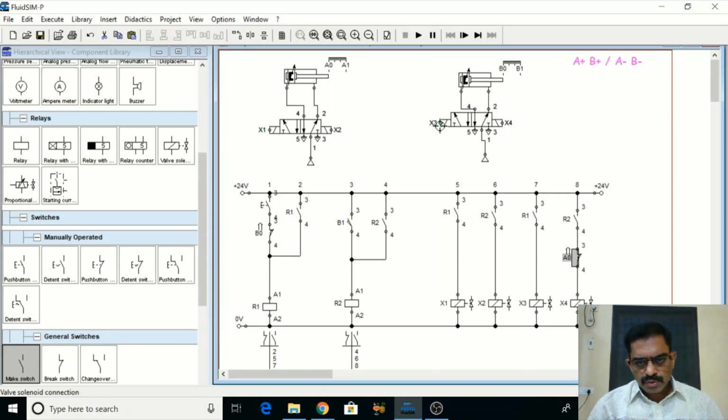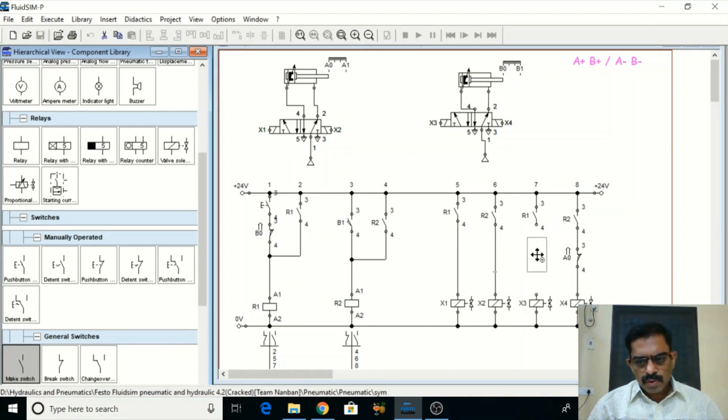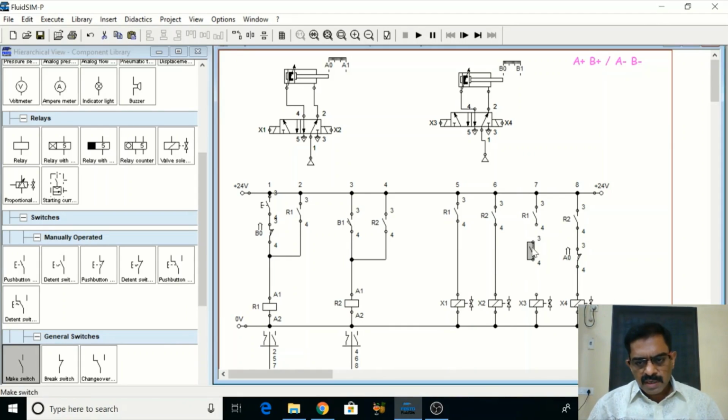So X3 should be terminated by A1. So just delete this and place the same open contact, and this can be connected to A plus. So this I am terminating here. So now R2 is getting actuated in this, so X1 and X2 is my first element of each group.